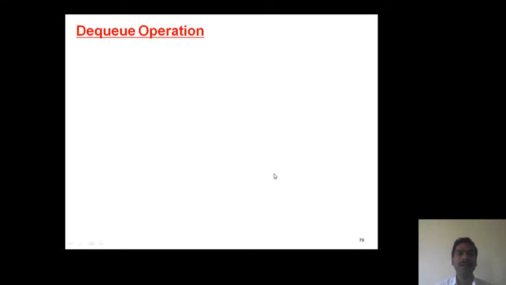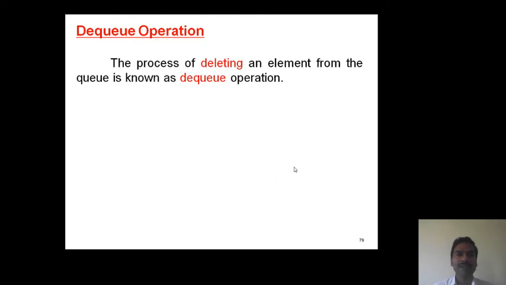Next operation, dequeue operation. The process of deleting an element from the queue is known as the dequeue operation. So dequeue operation is referred to as the deletion operation.